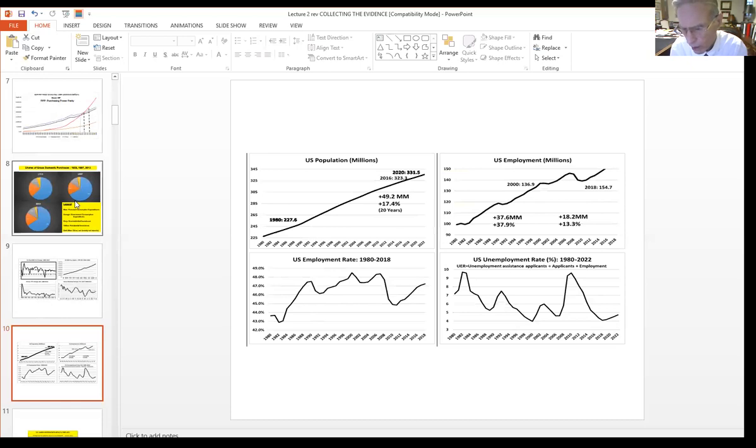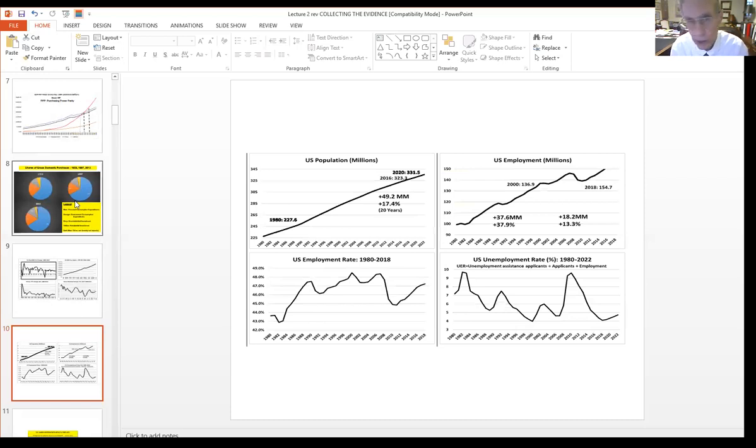And so, again, from 1980 to 2000, of the 49.2 million people that were added to the population, 37.6 million more people were employed during that same space of time. And that was an increase of almost 38%, much faster than the population. That's good. On the other hand, in the most recent 20 years, or 18 years anyway, the employment has gone